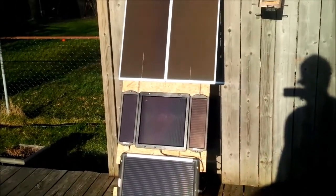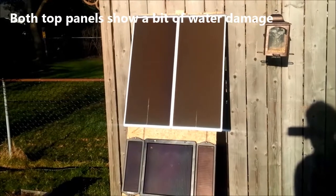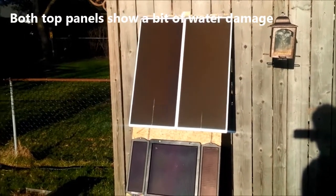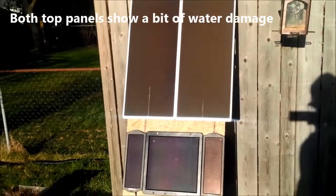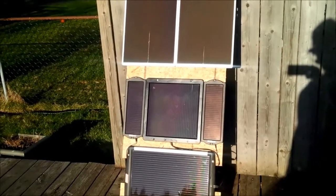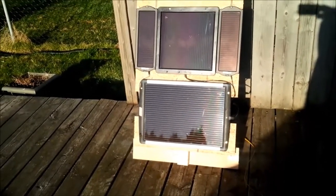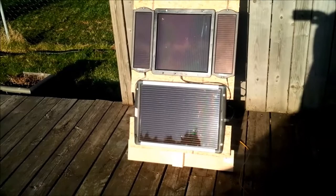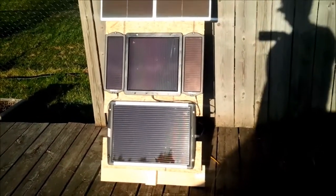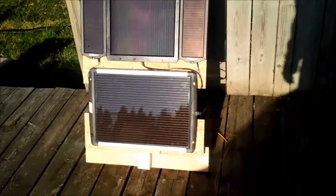But anyway, those two panels on the top are from Princess Auto. I think they're rated at 18 watts max each. In the middle section there's a 1.8 watt on either side and a 5 watt in the middle, and the very bottom panel I think is rated at 9 watts max. So anyway, I've got all those tied together and wired on the back,